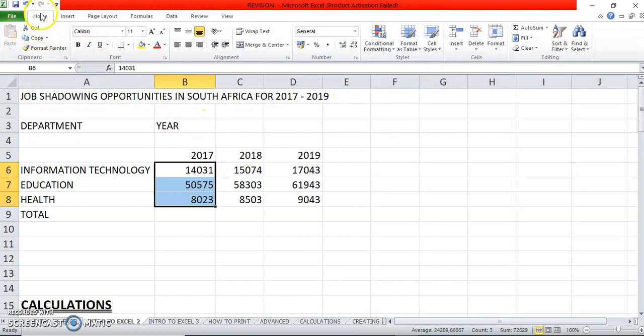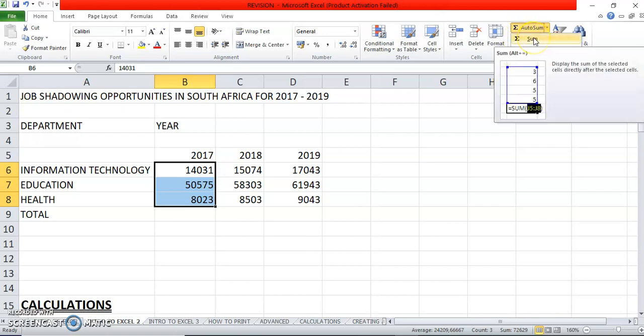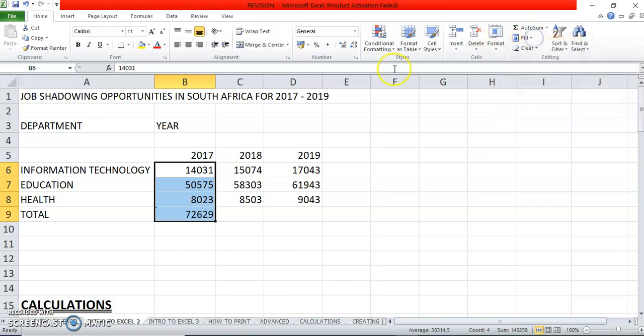So where's Autosum found? It's under the home ribbon. If I'm looking on the far right, you'll notice that if I click on the down arrow, I have various formulas that I could use, which is sum, average, count numbers, maximum, and minimum. Okay, and more functions. So you can either select sum, or as soon as I select sum, there my Autosum, I have summed all three